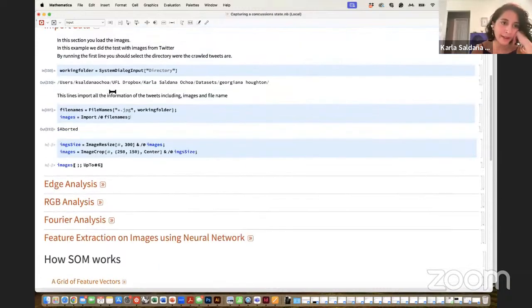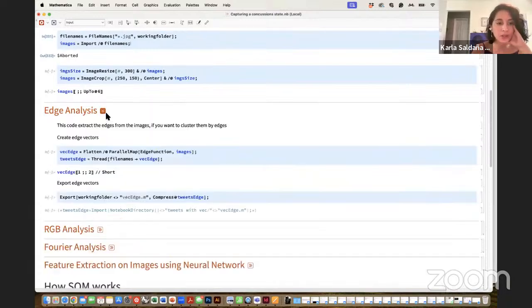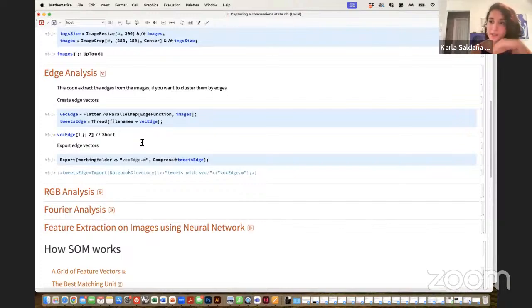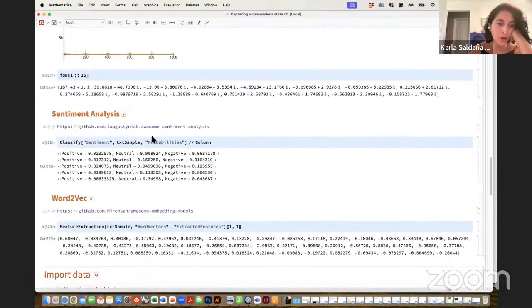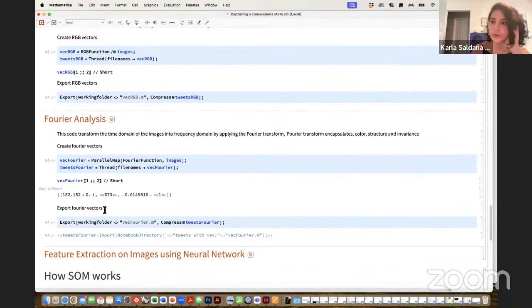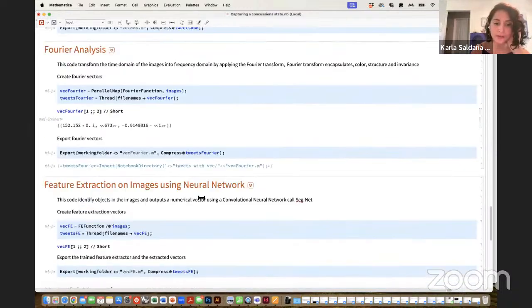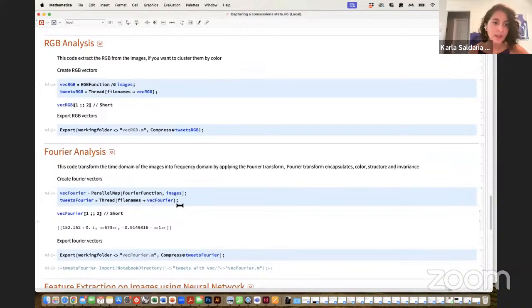So once we've done that, I set up 4 ways for you to work with your data set. You could decide to encode your data by using the edge analysis that we just saw here, right? So we want to focus on the texture of these images, or we could decide to encode our data on the colors by using RGB analysis, or you could decide to do it through Fourier analysis or through a feature extraction method, which is here saying what elements the algorithm has identified on the images. Because I am interested in perception, and for me, color right now is something that I want to look at, so I'm going to encode my data through RGB analysis.